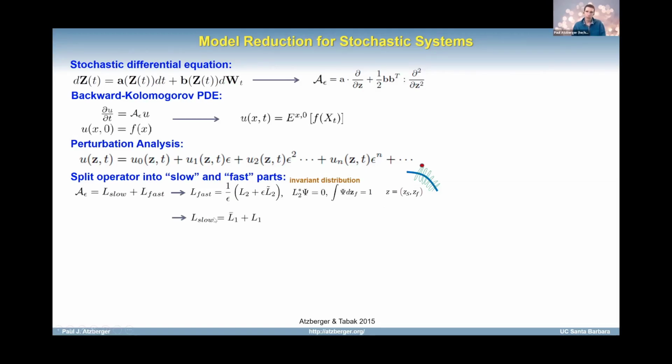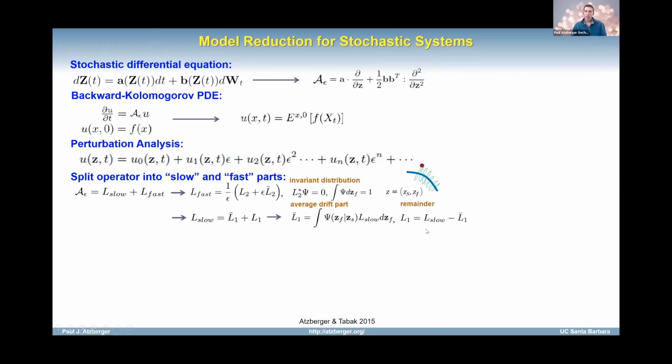Then for the slow degrees of freedom, which I'm denoting ZS, where ZF is all the fast degrees of freedom, think of Z split into a ZS and a ZF. All of the ZS derivative terms would be collected in what I'm calling L slow. I'm going to organize everything in L slow into two operators. One where I take the L slow you gave me and average it with respect to the fast degrees of freedom distribution. I'm going to call that bar L1, and then anything left over, I'll just call tilde L1. So you've given L slow, and I did this little process to get bar L1; this is just the leftover, the tilde L1.